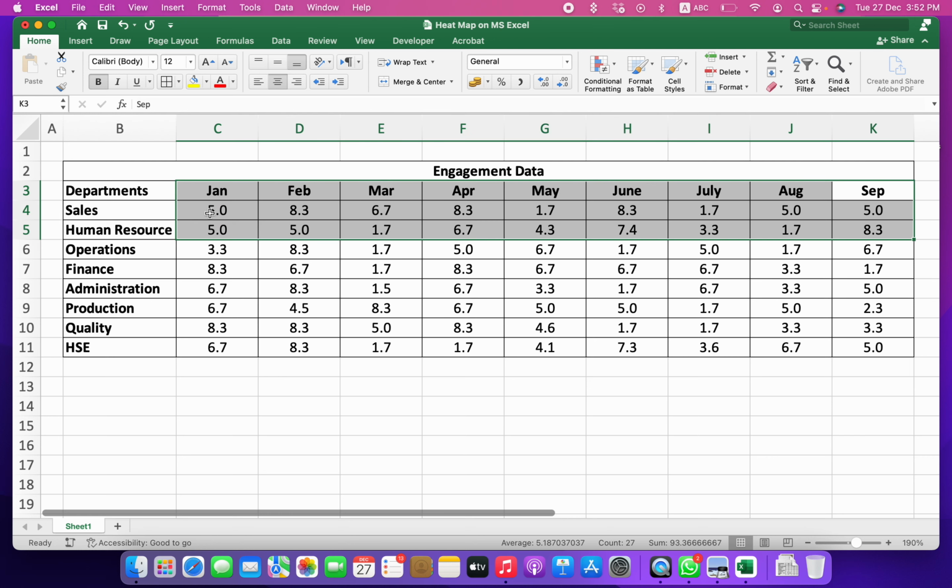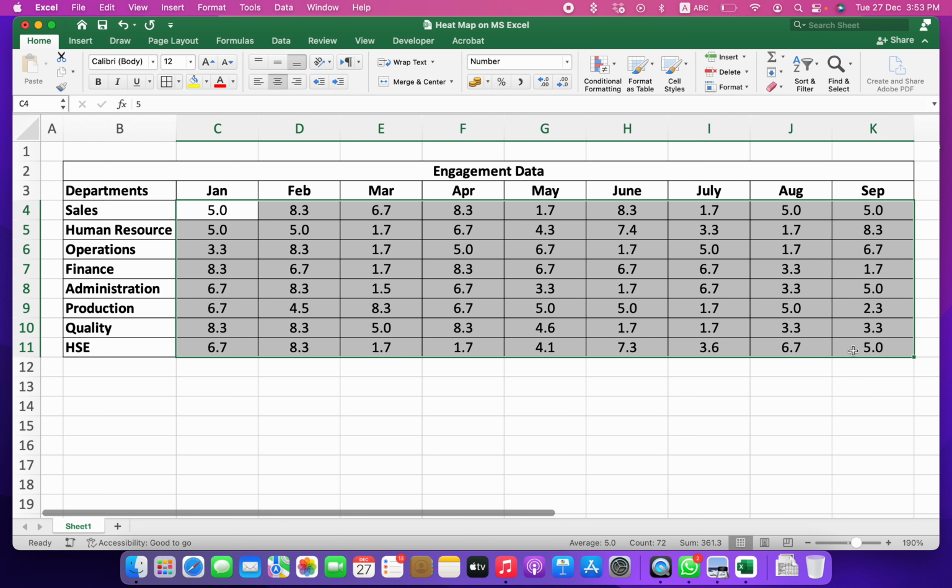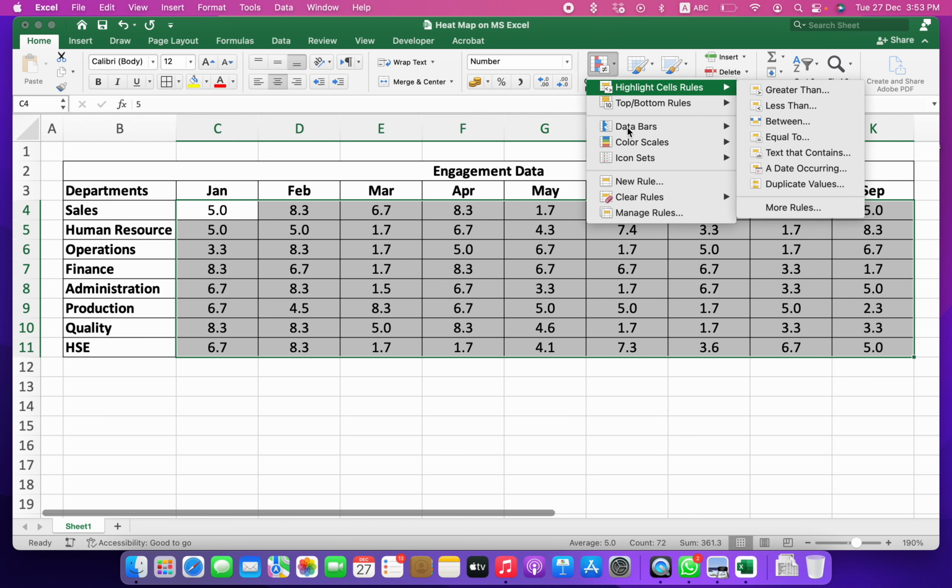I mean, like in January the engagement for sales was high, and then February it was high, in May it was very low. So I just want to see on a heat map how my engagement data, or my sales data for that matter, for different months and different teams, will be depicted. There is a very easy way of creating a heat map. You just need to select your data and click on conditional formatting, and in conditional formatting you will have